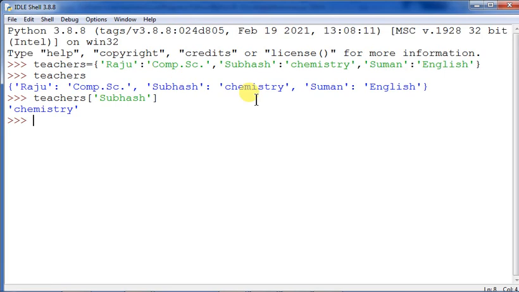Now if you give it in this way: print, then teachers, and then Subhash. I am closing this bracket.